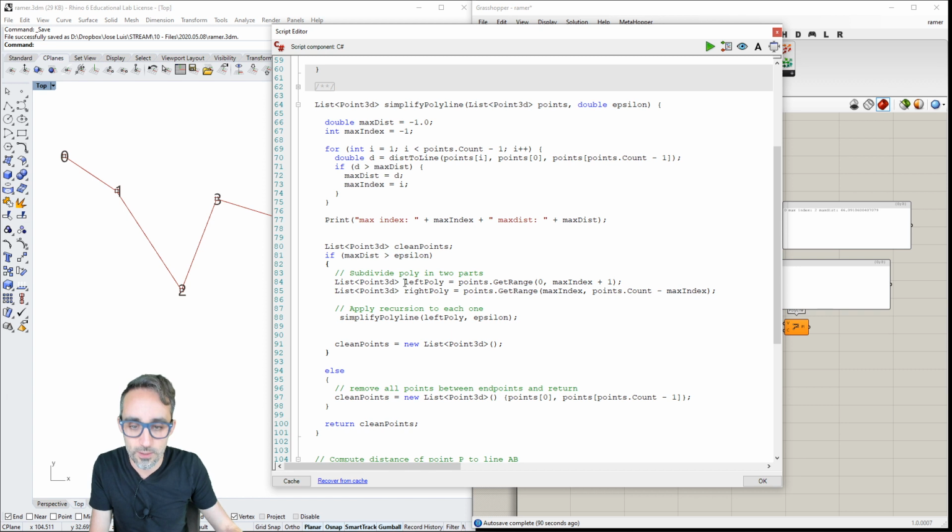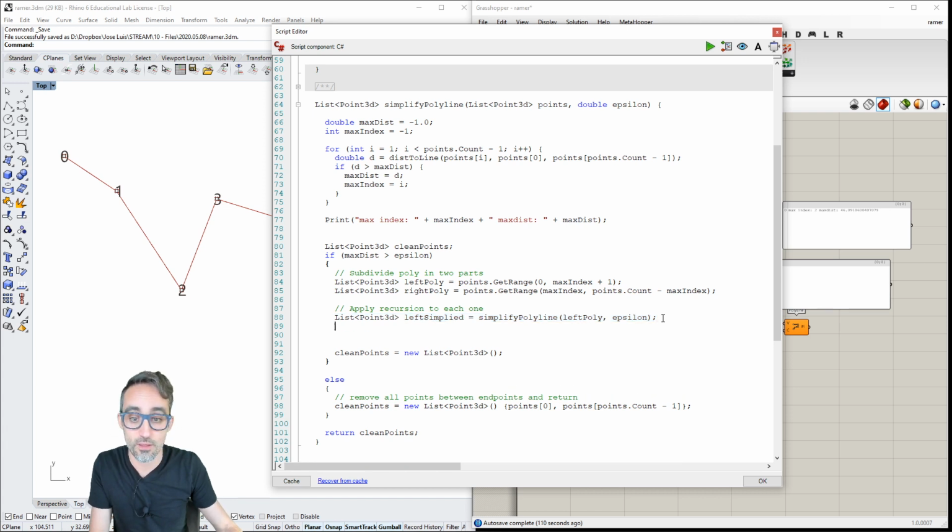So I'm going to store the result of that simplification in a variable that I'm going to call left simplified, for example. And I'm going to do the same with the right end. Right simplified is going to be simplify polyline of right poly.